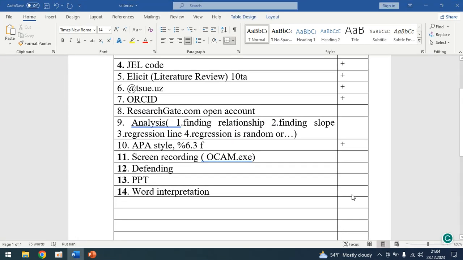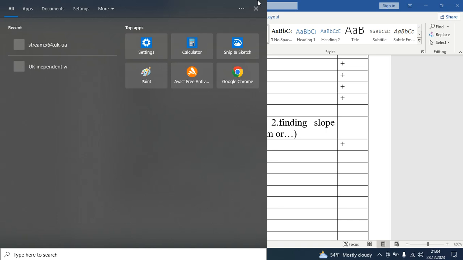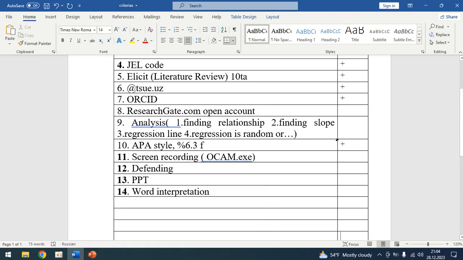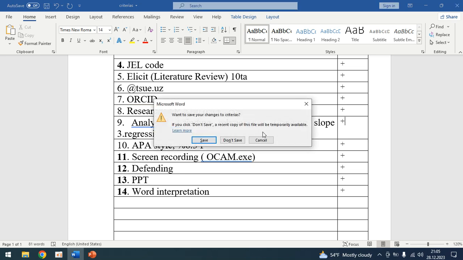I have done a word interpretation. So in that case we will press plus, and I also showed my PPT video. I'm also doing a screen recording. I'm also defending, and I also did a screen recording. And here I also mentioned the analysis of finding slope and those things. So